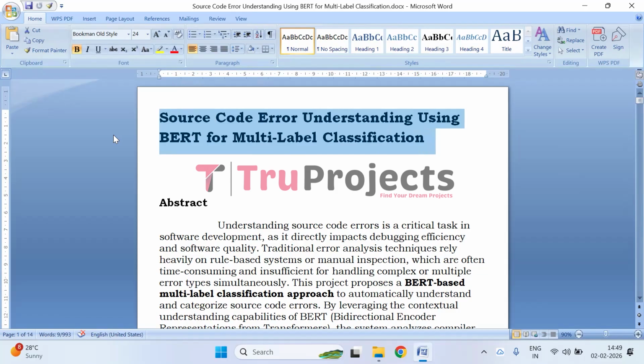So before getting into the video, let me give you a brief description about the project. This project focuses on using BERT and powerful NLP models to understand and classify source code errors automatically. It treats error analysis as a multi-label classification problem where a snippet or error message can belong to multiple error categories at once. By learning contextual patterns in code and error logs, BERT helps improve accurate error detection, debugging, and developer